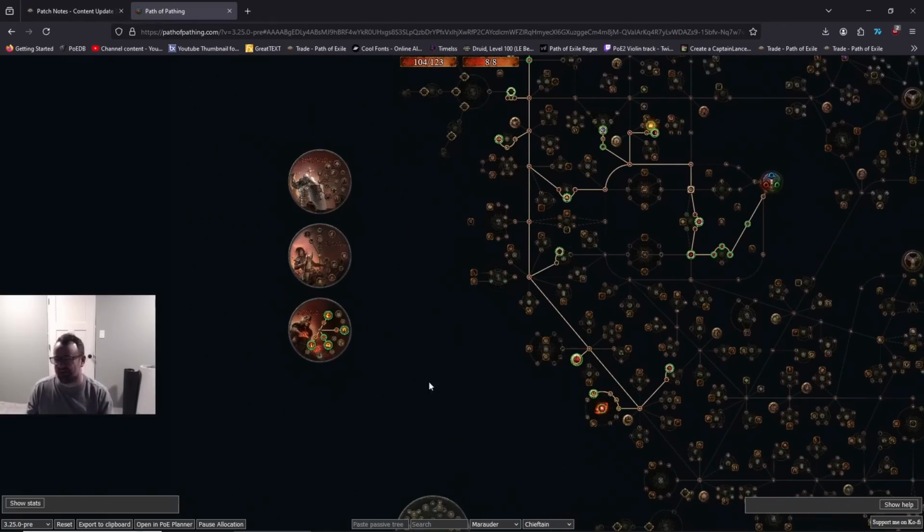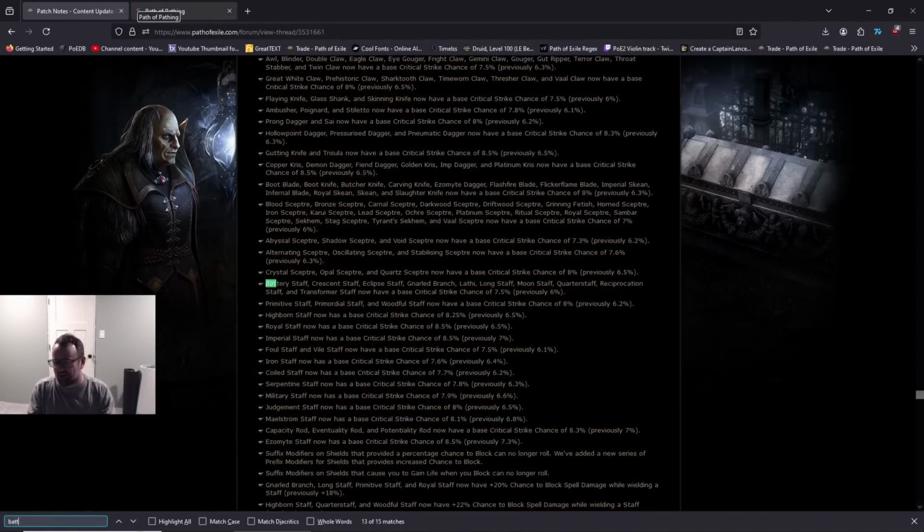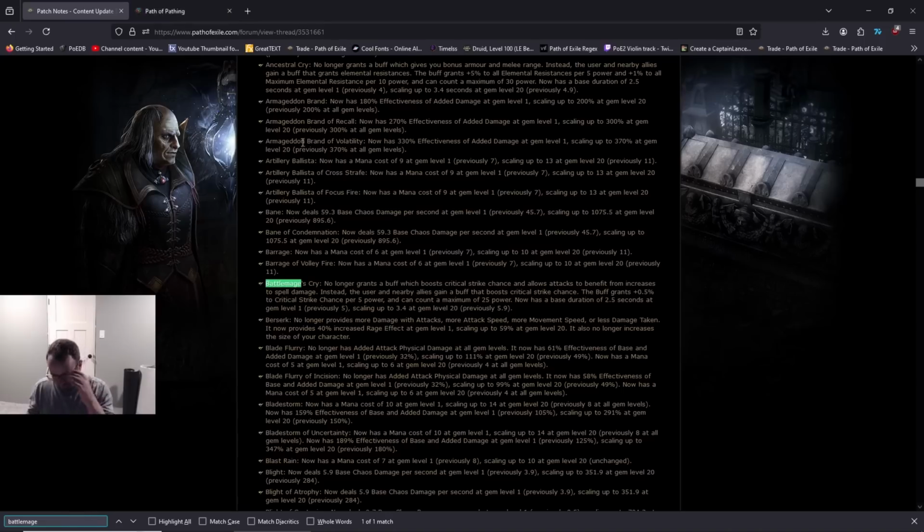Now, I said there's other strong things with Warcries. I wasn't lying about that either. Let me introduce you to some other very interesting changes. Battle Mage's Cry was a very strong Warcry, great for attack damage scaling via using spell damage to apply to it. That part of it's gone, but they replaced it with a new part, which is actually quite strong itself,